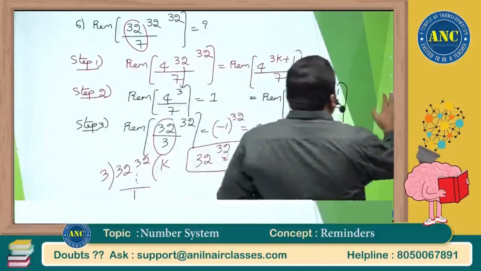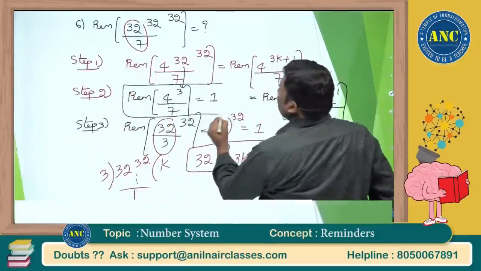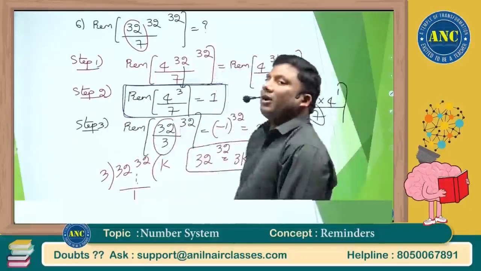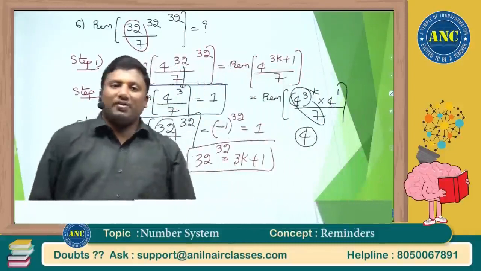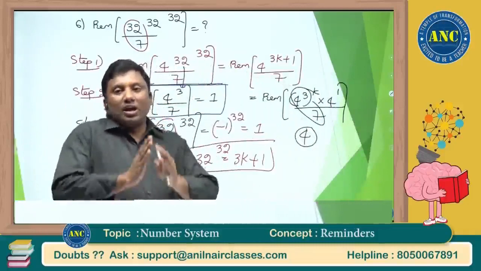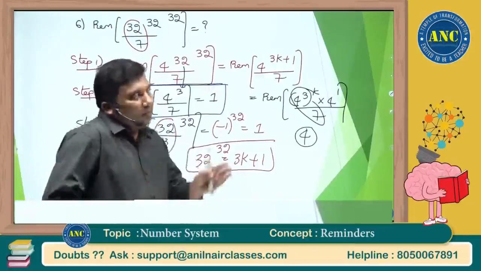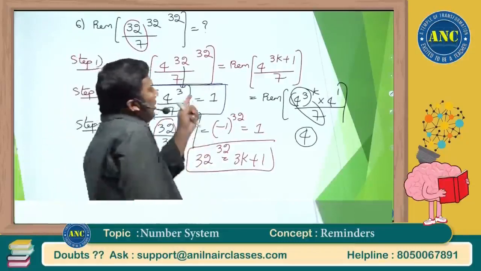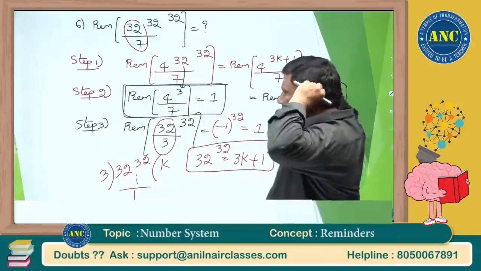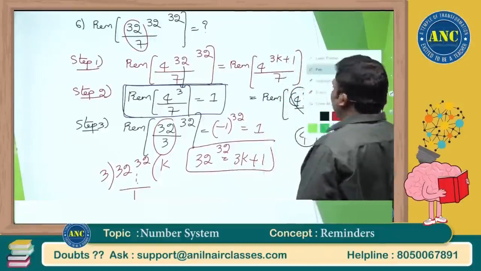The entire problem can be solved if you are able to find out which power of 4, when you divide by 7, you will get plus 1. Anil sir, why should we take plus 1? Can't we take minus 1? That also will give you the answer. Let me take another question to tell you. Instead of plus 1, if you take minus 1, whether the answer changes? Answer will not change. Please take the 7th question.